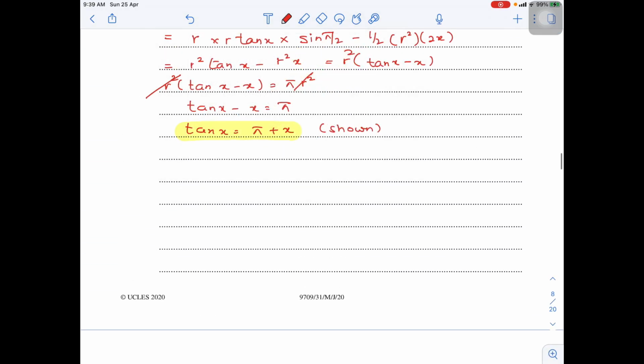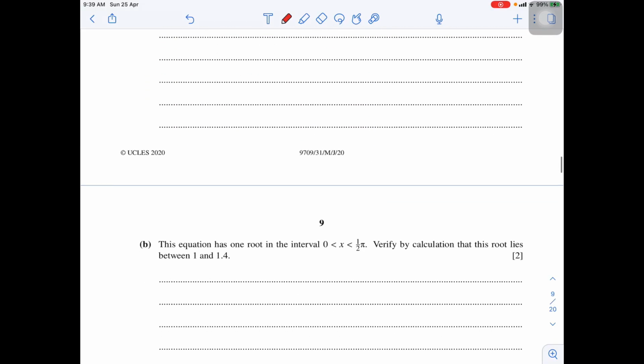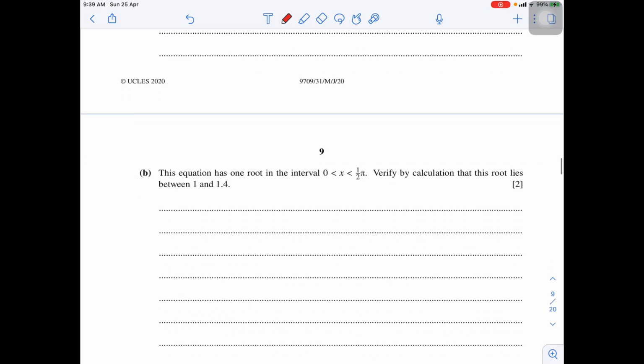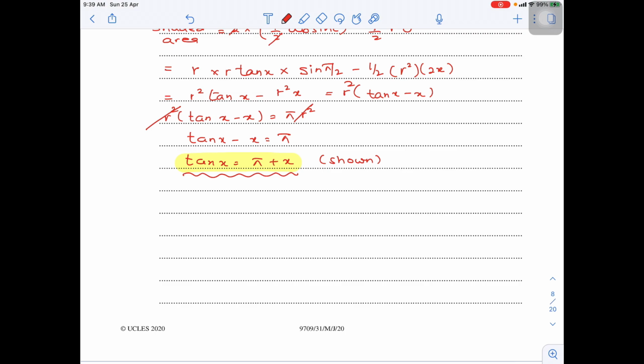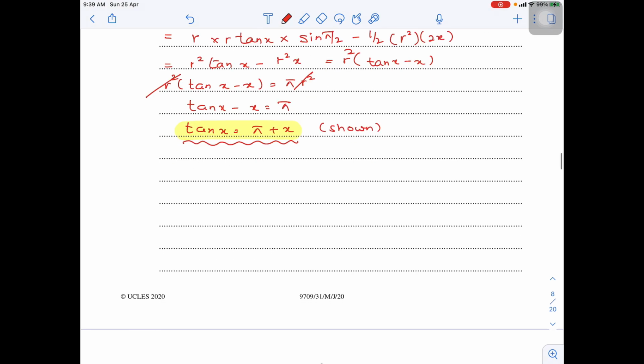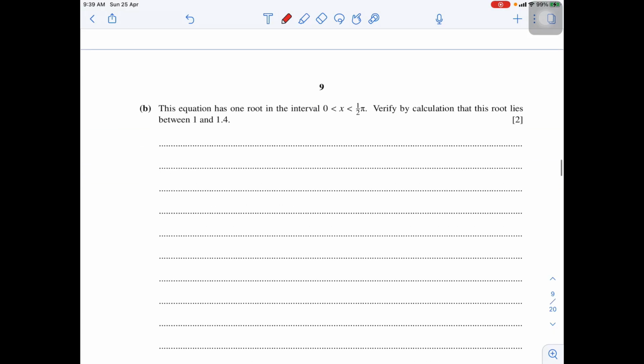The equation has one root in the interval 0 to half pi. Verify by calculation that this root lies between 1 and 1.4. Now that's the equation that I have: tan x is pi plus x. Always remember that. Whenever you have an equation like that, and you have to show that the root lies between such and such values,